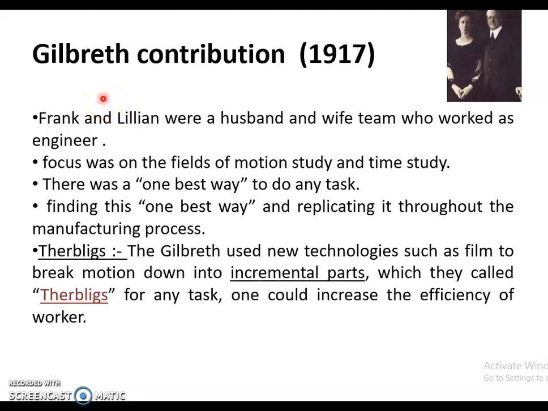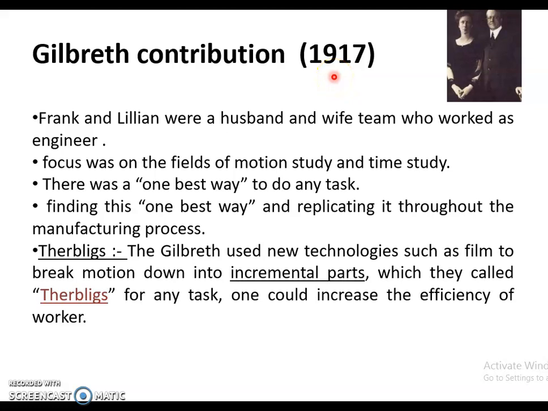Now let us move towards the contributions. There are various contributors to IE. Industrial engineering as we see it today began long ago. There were various contributors. Industrial engineering had its roots in the Industrial Revolution around 1750. It was nourished by individuals who sought to advance organization and management principles at an early date. It emerged as a separate discipline and was formalized in the late 19th and early 20th centuries.